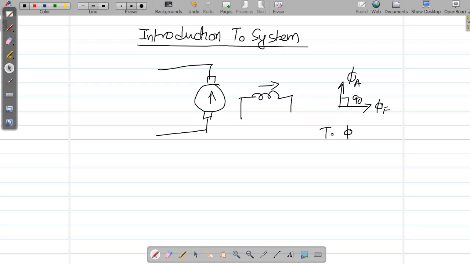Torque is nothing but armature flux and field flux and the sine of the angle, sine of 90 degrees. So 90 degrees sine is 1. So you have a maximum torque when the armature flux is at quadrature with respect to the field flux. So when we apply a voltage, suppose we apply a voltage,